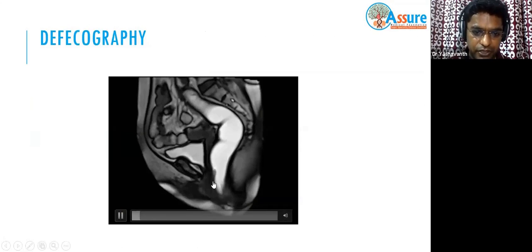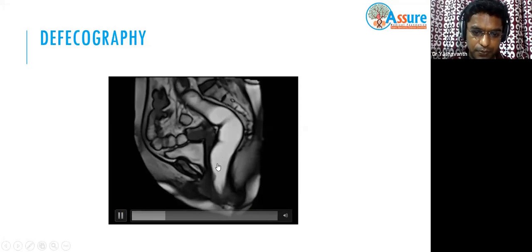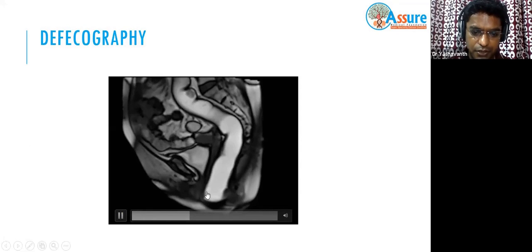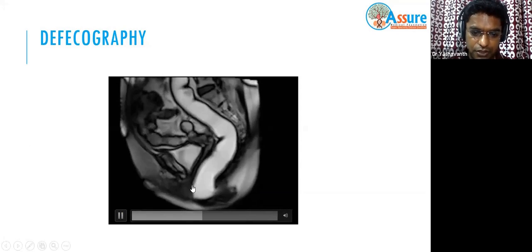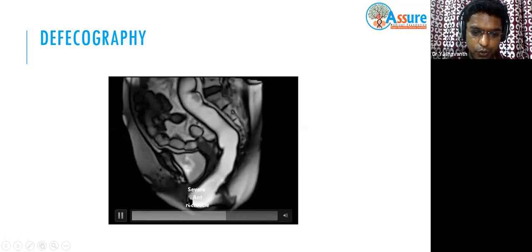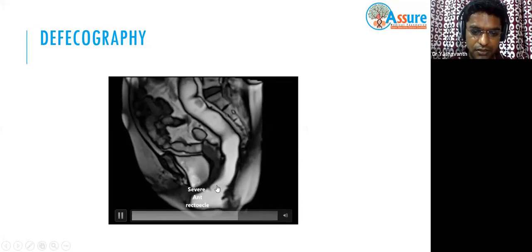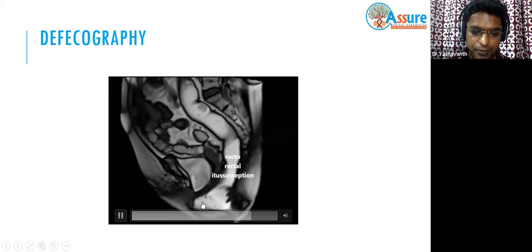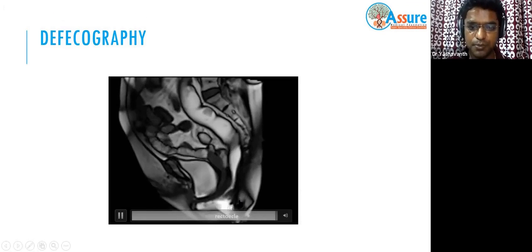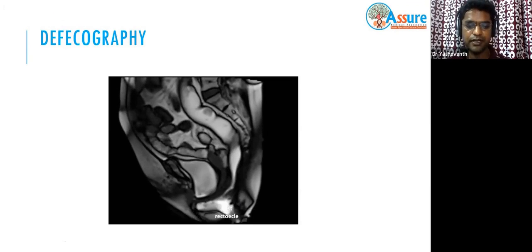So this is the video. You can see this patient having a rectocele. The patient is trying to void. This is the angle, but it is becoming acute. She is having a bulge here. It will become more prominent. It should have gone like this, but it became a bulge expanded to the maximum extent, then she is passing. So this is a rectocele. That's where this has an advantage.